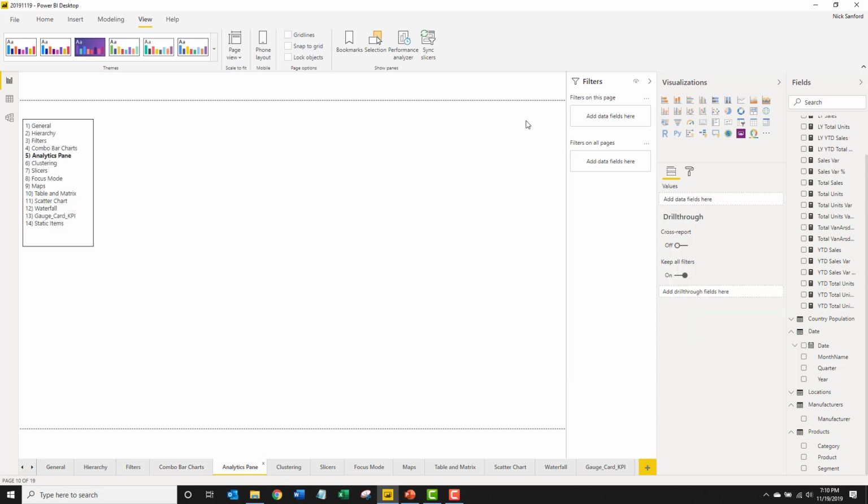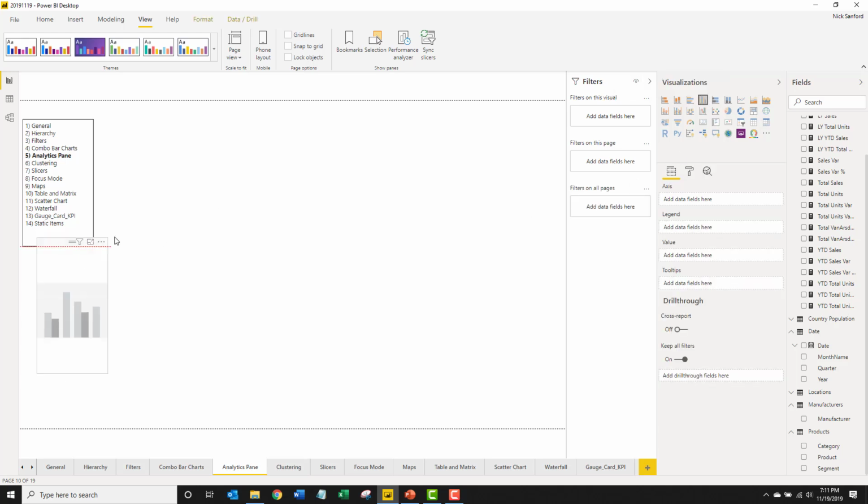The analytics pane is a fun little thing. In this case, you want to build a forecast. You have 10 years of data, you want to push it out to 15 years, and so we're going to make that happen. You can also put on basic statistics, such as minimums or maximums. And so let's put in a clustered